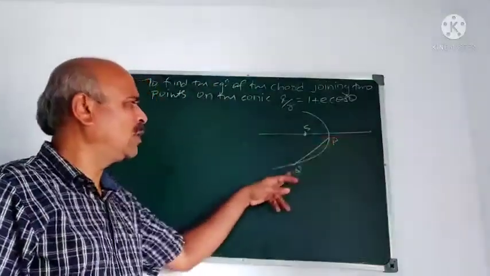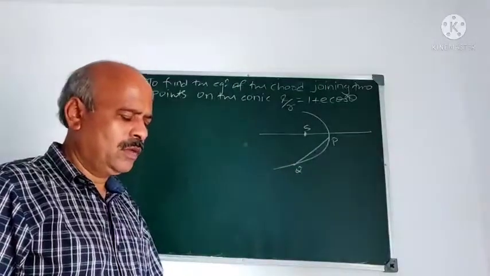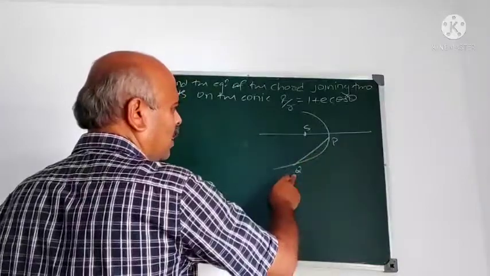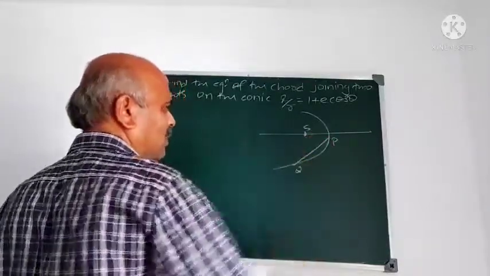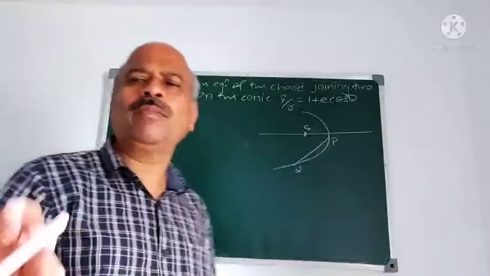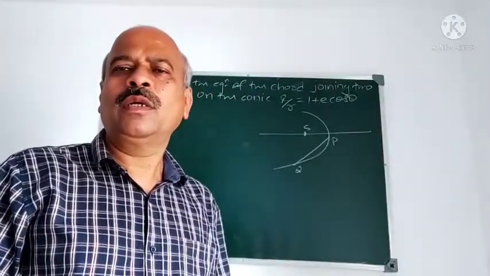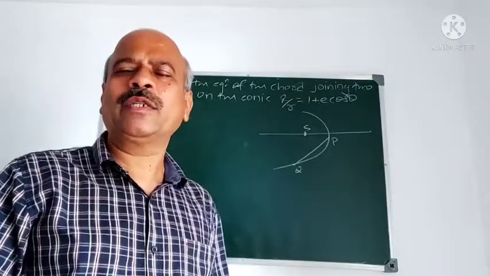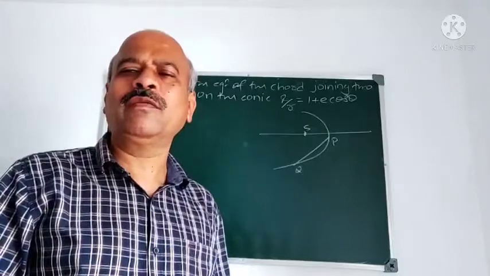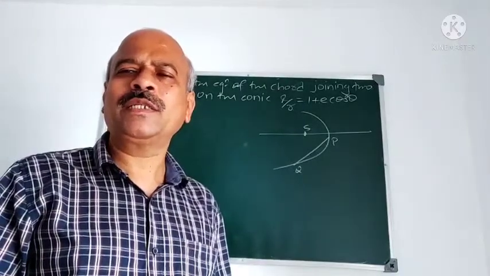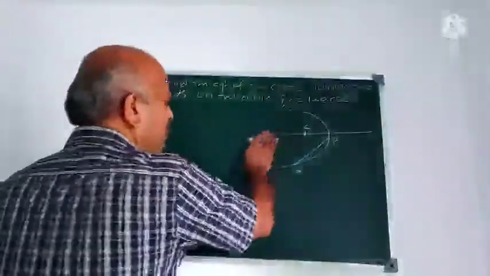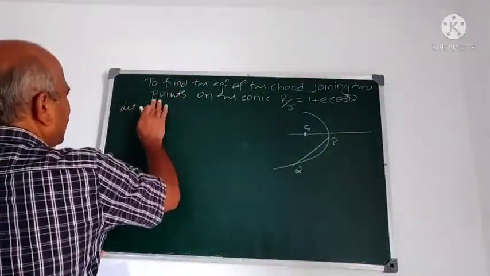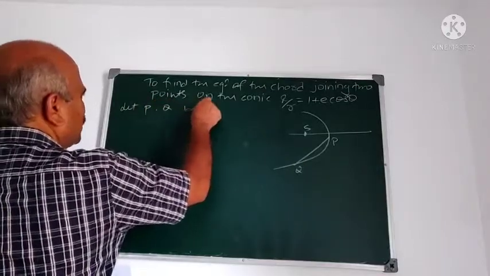Now we find the equation for the line joining PQ. For that we take the vectorial angle of P as alpha and the vectorial angle of Q as beta, and we derive the equation. The equation will be in terms of polar coordinates only. In Cartesian form, you know the equation of a line is ax plus by plus c is equal to 0, a first degree equation in x and y representing a straight line. But we derive the polar equation for this PQ. For that, let P and Q be any 2 points.